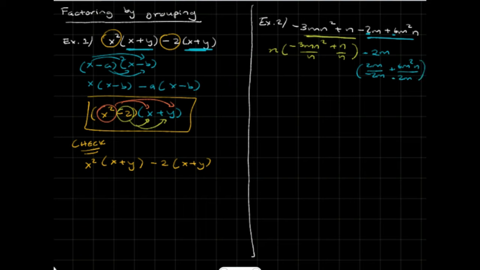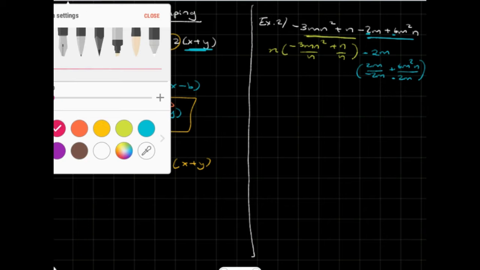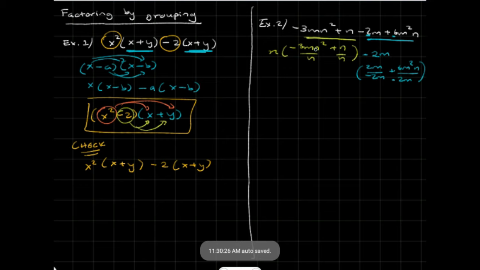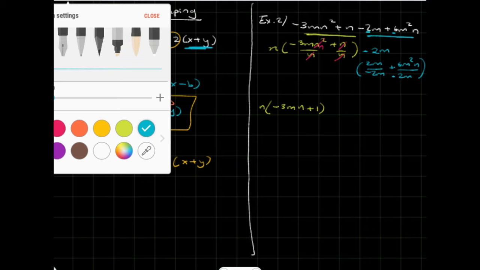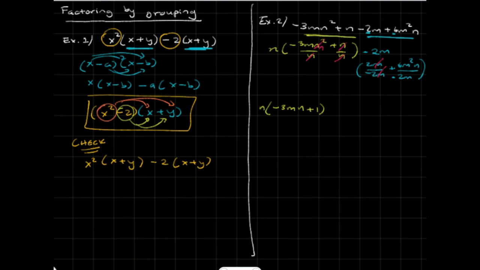Okay? So in that sense, if I simplify these expressions, let's take a look at this guy first. You have n squared divided by n, that's n, and n divided by n, that's 1. So I'm going to rewrite this as n times negative 3m n plus 1, right? And then I look at my second factor, and I'm just going to simplify this out. m divided by m cancels out, and then you have 2m,